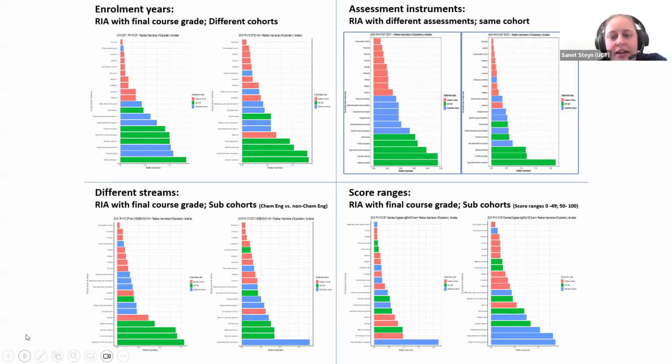And then the final one was to look at within the particular cohort. If we were to divide the group into those with different ranges of scores, say those who have a first, upper second, a lower second, third, and then those that didn't pass the course. If we were to isolate those into separate groups and look at their profiles, was there something different there that might suggest that there's a characteristic